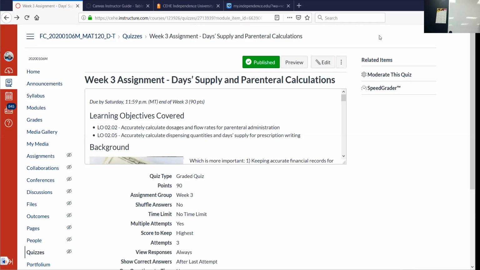Okay, there are lots of ways to calculate drugs and drug delivery. One of them is to take an order for a drug that is to be delivered at a specific rate over time. And let's just take a look at